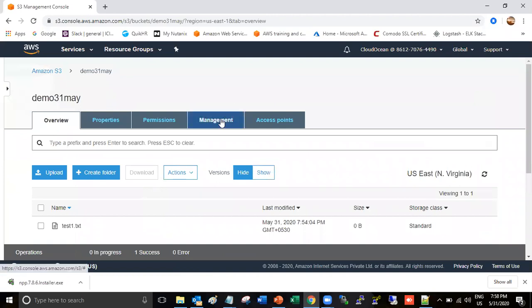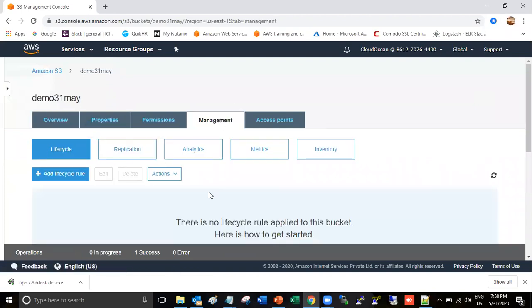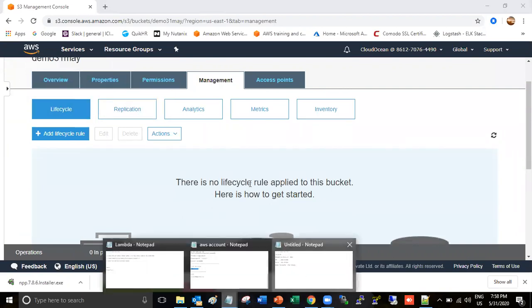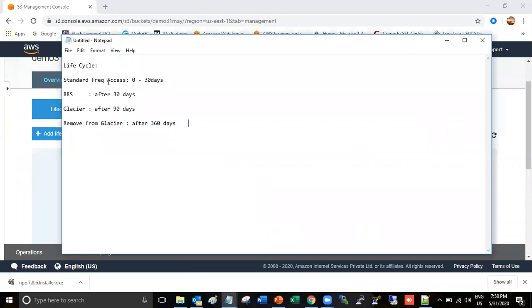Okay, so let's go to the management tab. Here you can see the life cycle options. That means, for example, when you upload your data, the data will be stored in the default standard frequently accessed class. You can keep your data up to 30 days in this storage class. This standard frequently accessed storage class price is very high.